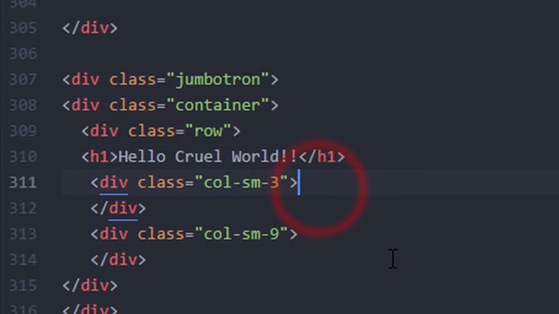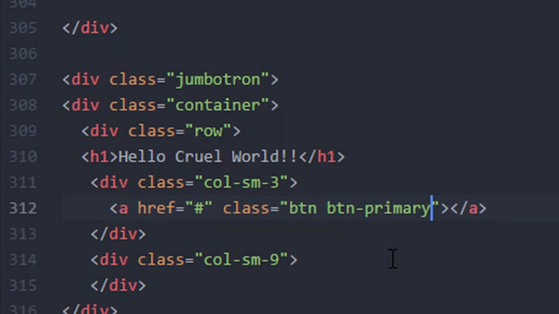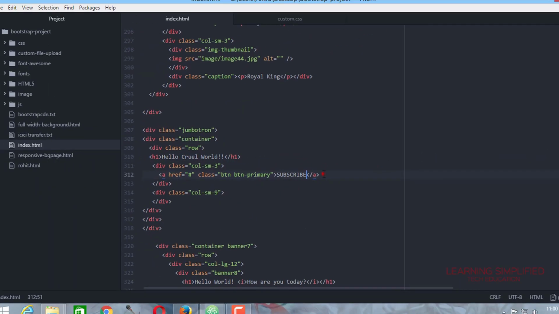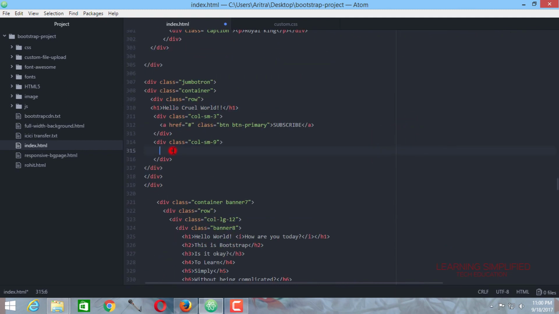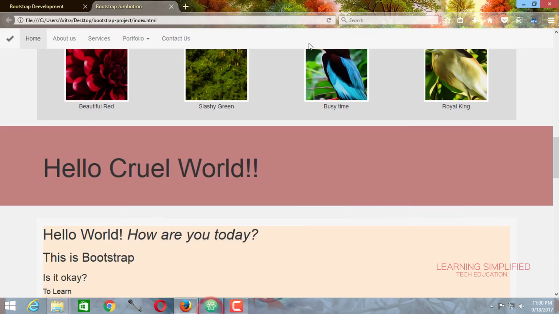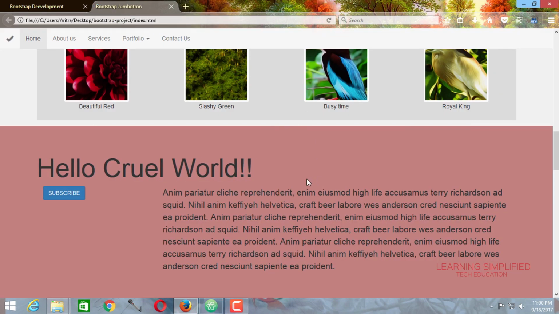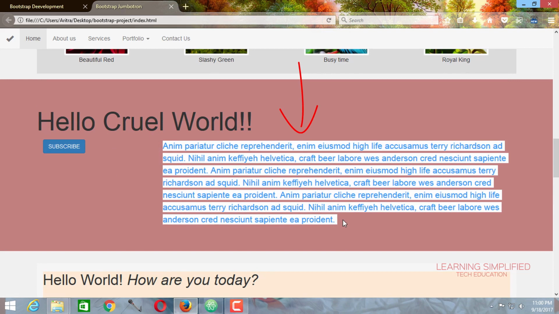Now in this first part, inside this p tag, we are creating this paragraph. Press Ctrl S and get back to your project and reload, and now you can see that here a subscribe button has been produced, and here a paragraph is being created.